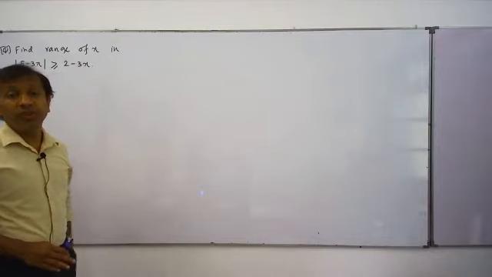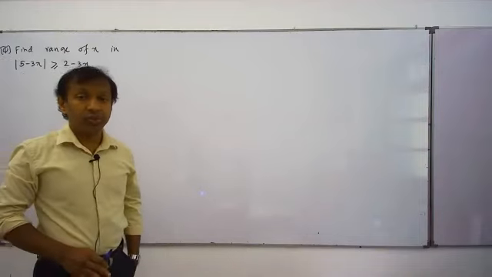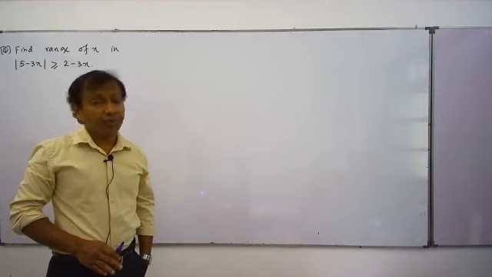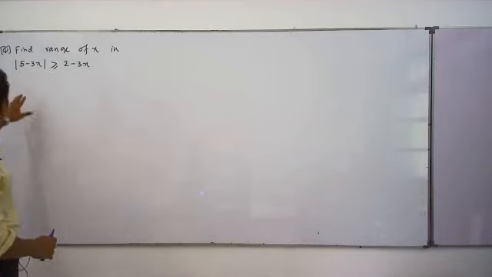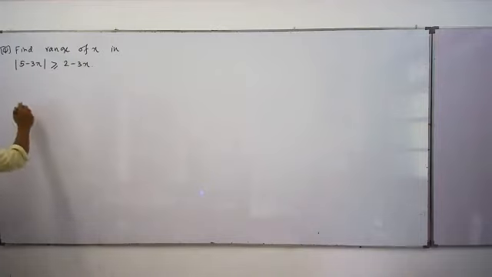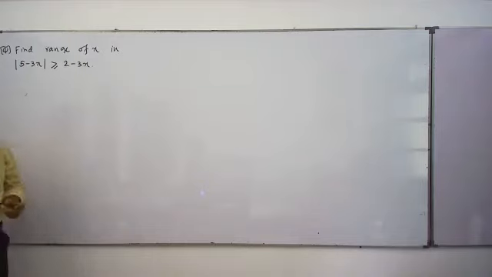So therefore, in this case, people, we don't choose the squaring method. In this case, definitely we have to use the definition method. Define this mod 5 minus 3x. 5 minus 3x modulus. We have defined, people, right? After defining the 5 minus 3x modulus, we have to go for the definition method to take this answer. Right? Now, when you define 5 minus 3x, right, people? 5 minus 3x, when you define